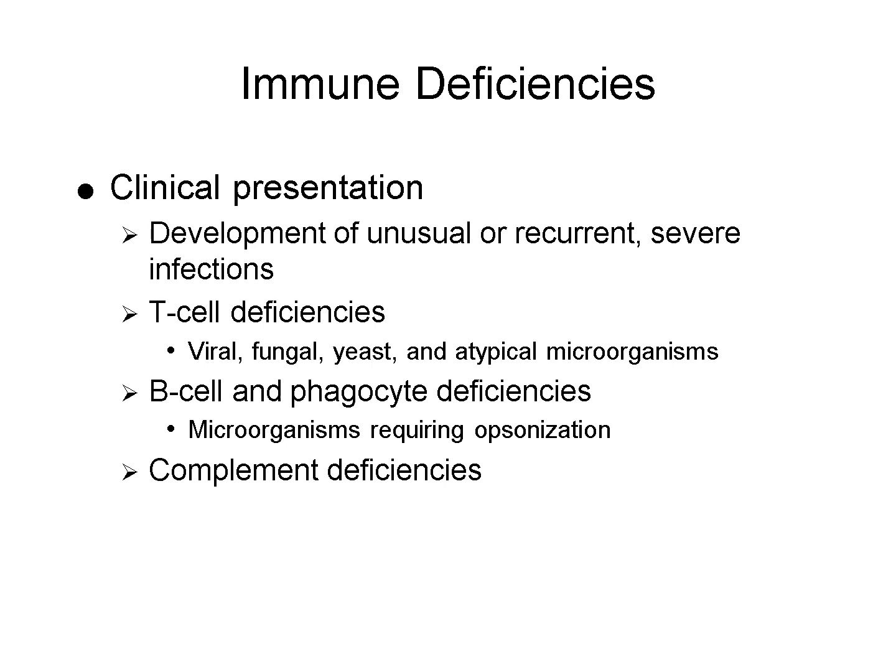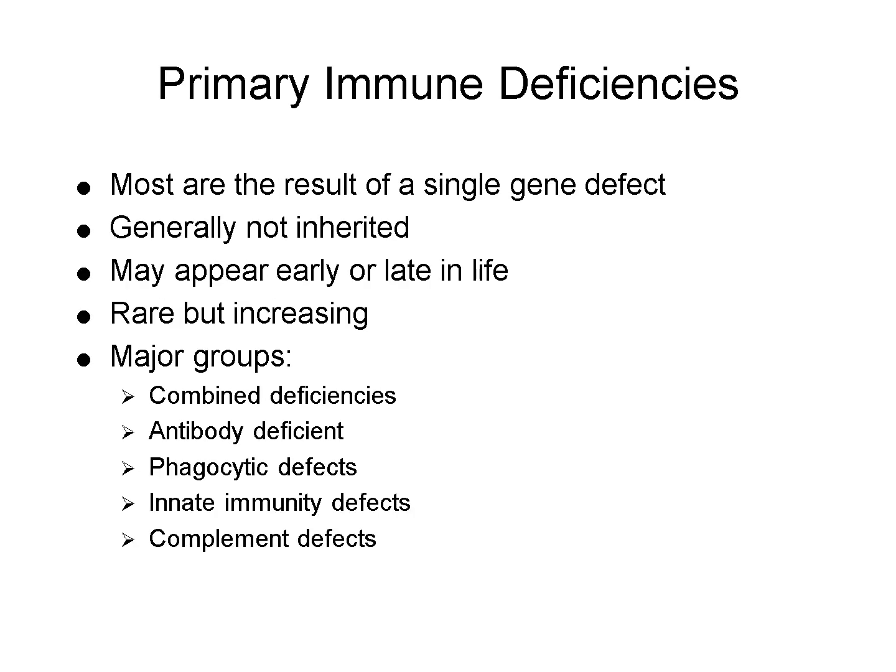T-cell deficiencies typically lead to viral, fungal, yeast, and opportunistic infections. B-cell or phagocyte deficiencies increase susceptibility to bacterial infections that require opsonization. Complement deficiencies impair the immune system's ability to clear pathogens, especially those with protective capsules. Primary immune deficiencies are rare disorders,